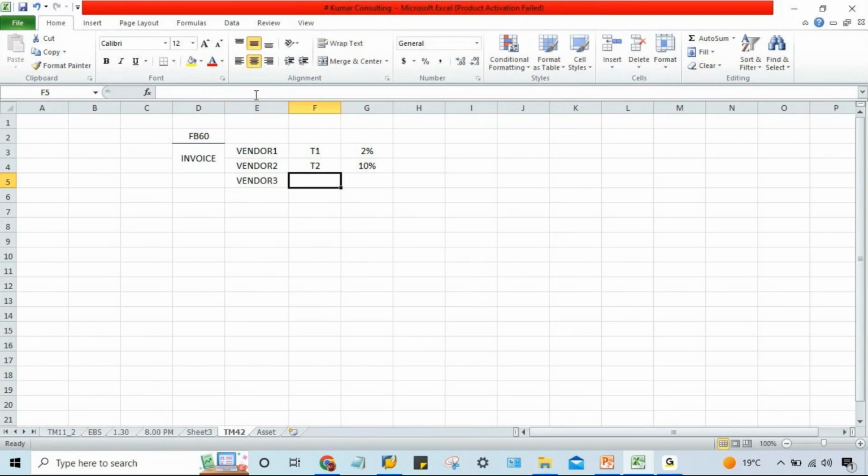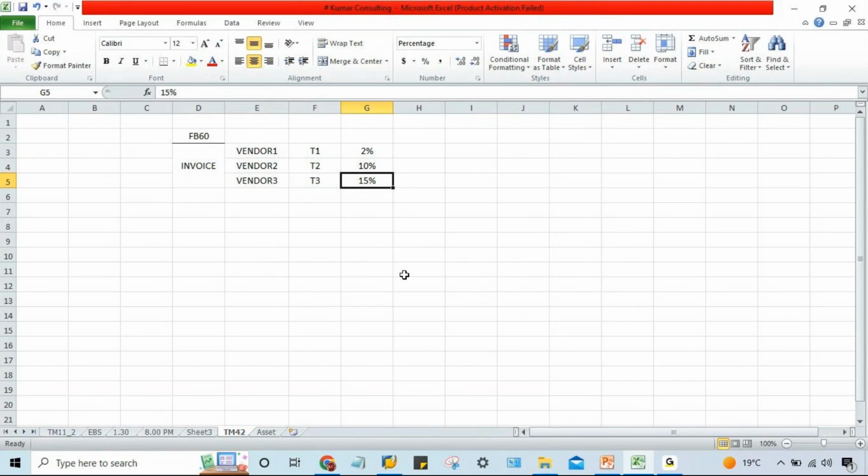Okay. So we are going to define T3 and here 15% tax. So whenever the vendors are going to be created, at the time of creation itself, what is happening, guys? These tax codes are going to be assigned to the vendor master. And what I said, guys, when the invoice is going to be posted, first of all we have to select for which vendor the invoice is getting posted. If you have selected vendor 3 and 1000 worth of invoice is there for vendor 3, what will happen? For vendor 3, we have already assigned in that vendor master the T3 tax code. So T3 says 15% deductions, isn't it?